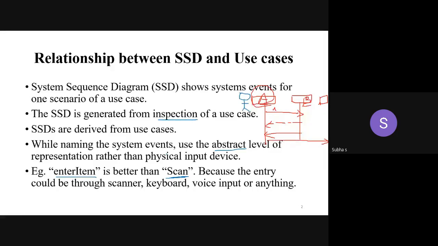But instead of mentioning scan itself, what you are actually doing is entering the item value, so you can better name it enter item. You are entering the item through a scanner, keyboard, voice input or anything, but you should not mention these physical devices. You just mention the use case as enter item. That is the abstract level of representation.